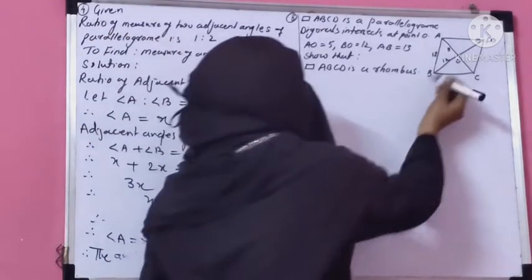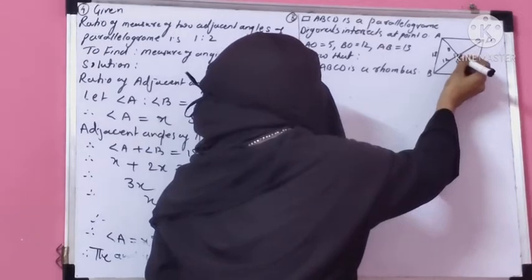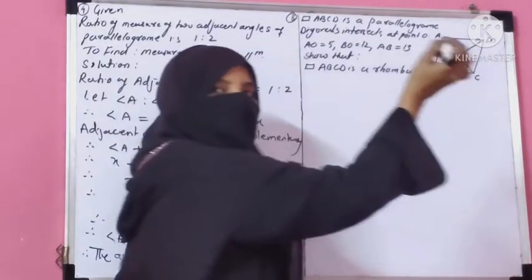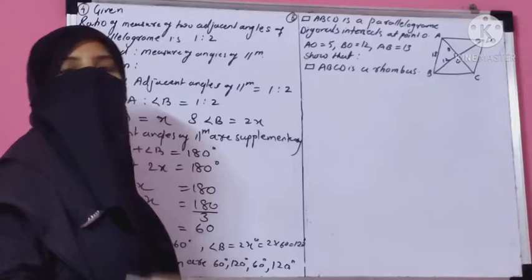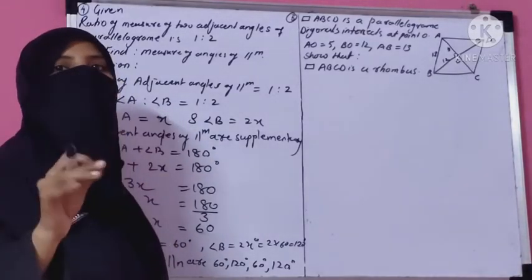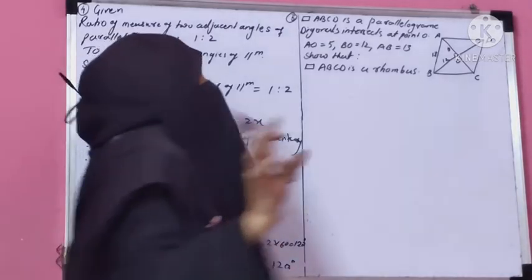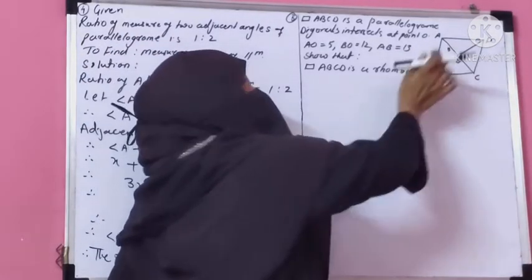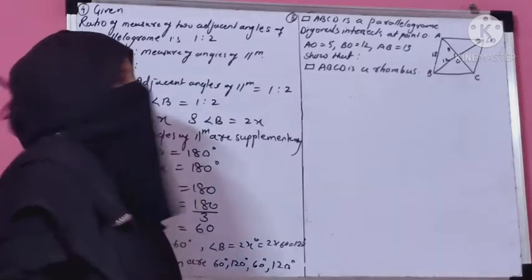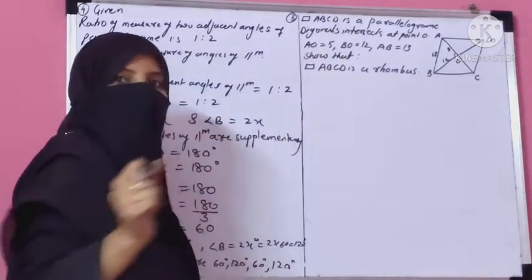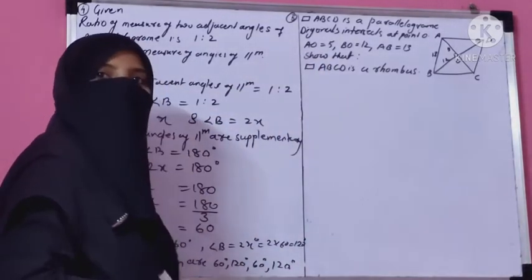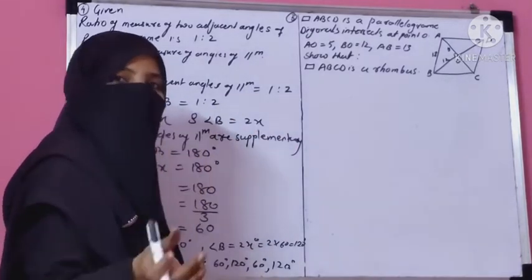That means if you prove diagonals are perpendicular to each other, that this angle is 90 degrees, then you can say that this parallelogram is a rhombus, since its diagonals perpendicular bisect each other. See here once again, the given is this quadrilateral is a parallelogram. And the question is about only the diagonals. So now observe the property of diagonals in both parallelogram and rhombus.